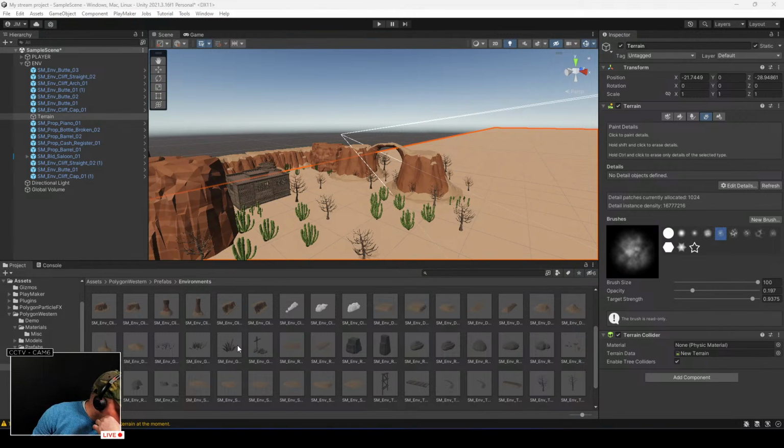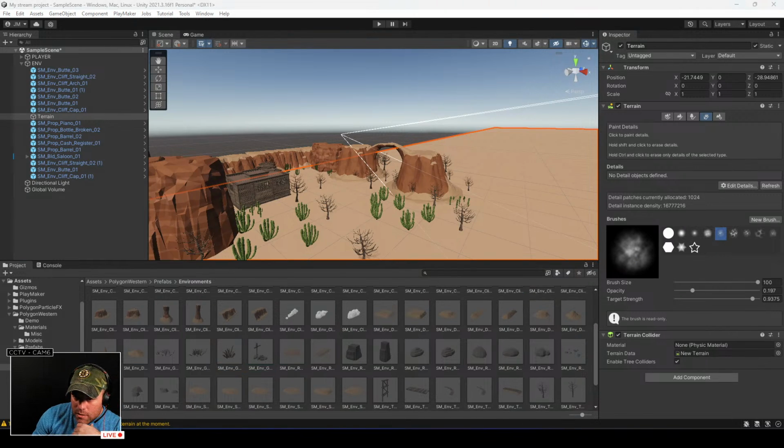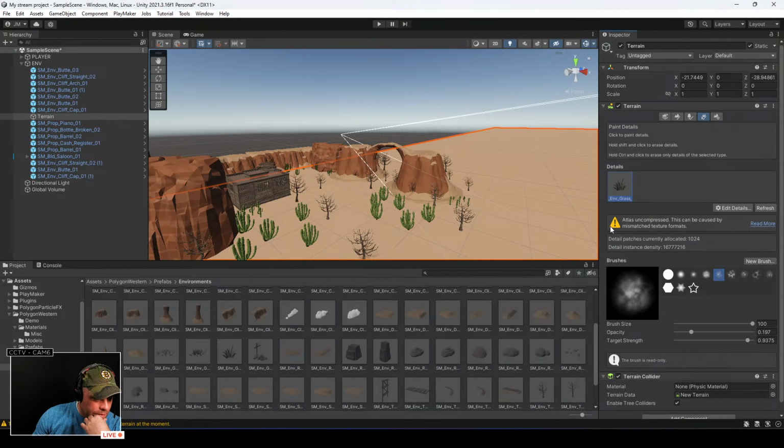And let's say we wanted to use this, environment grass 03, minimum width, maximum. We'll leave everything the way it is for now, I guess. Yeah, there we go. And now if I click,